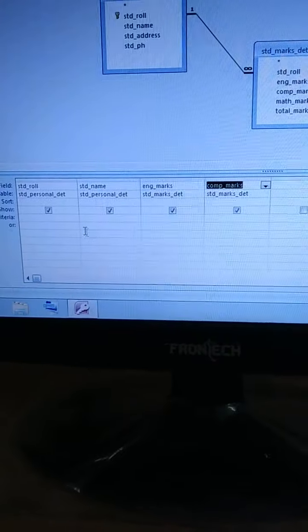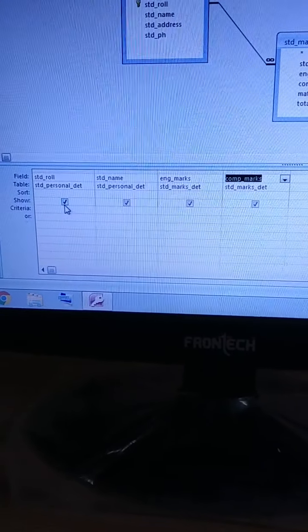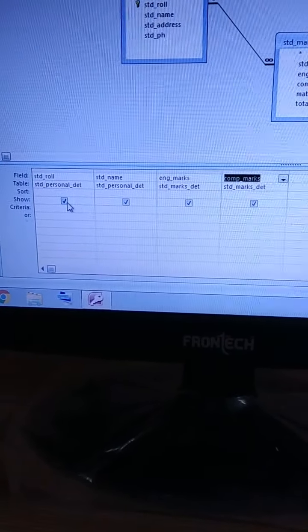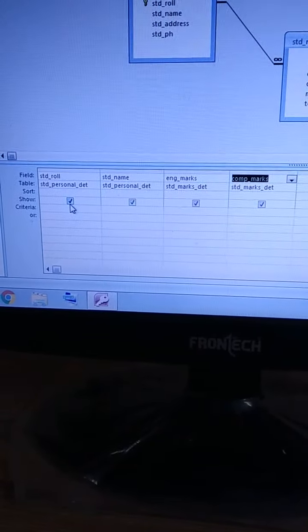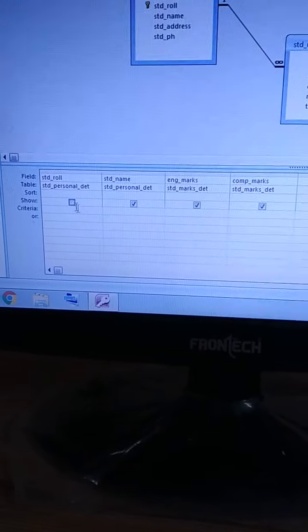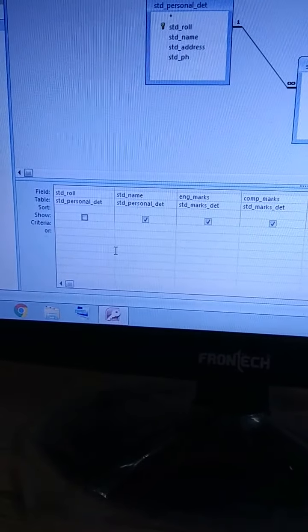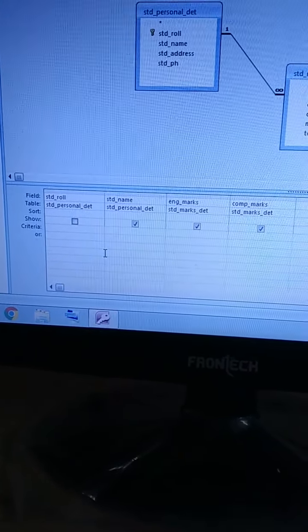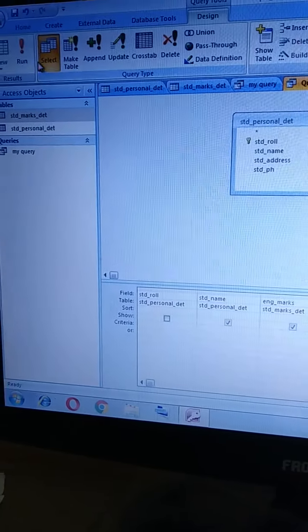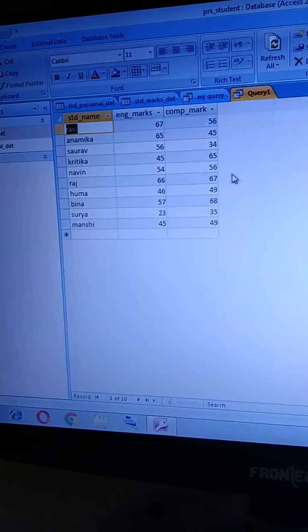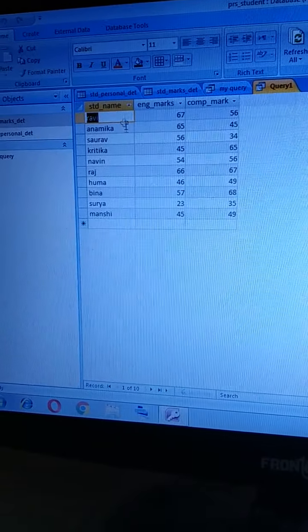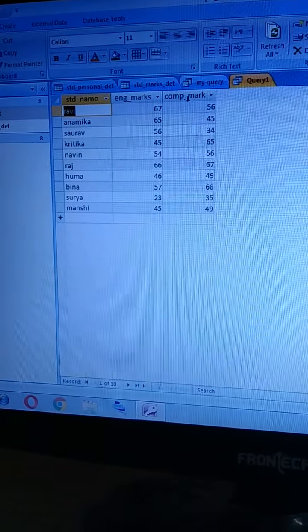Now if I deselect the student roll number show button, what is the result, what is the difference? See, run this again and it will show the student name, English marks and the computer marks.